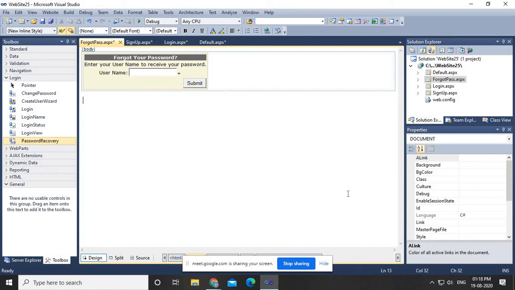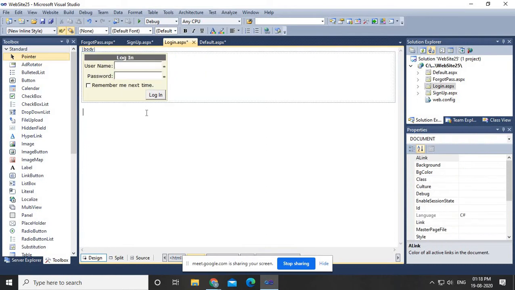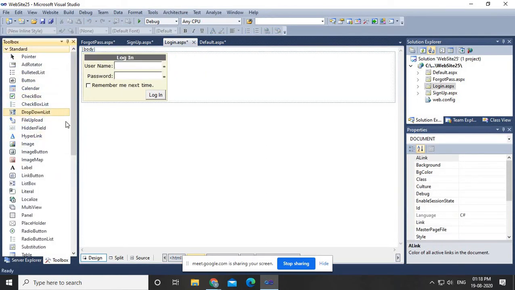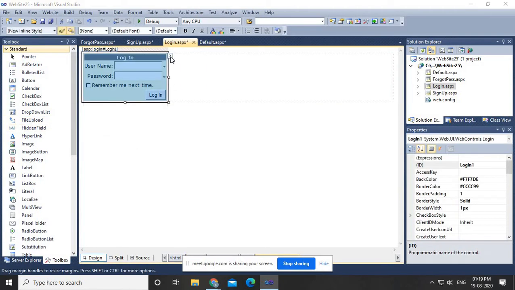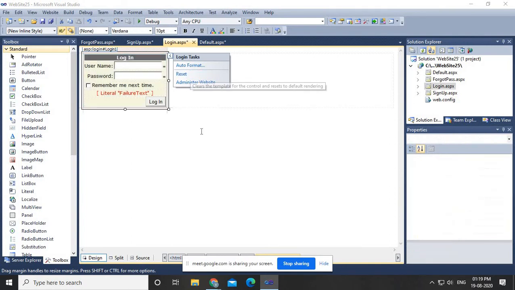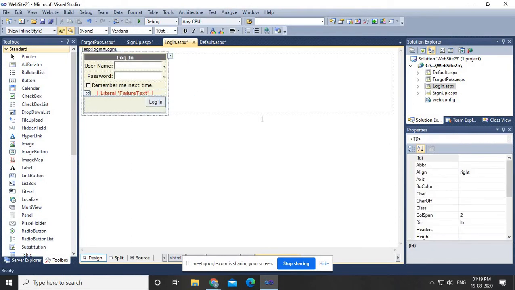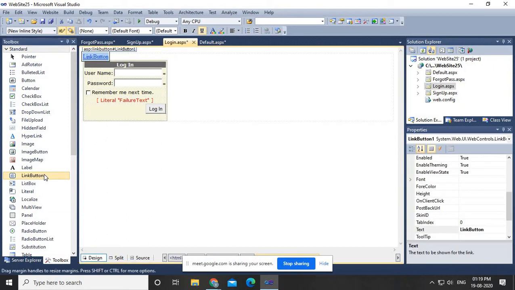Fine. Now here what we are doing is we just need to give a link of both the pages to the login page. So here either you place links, link buttons, or you just convert this into the template and you place two link buttons here.